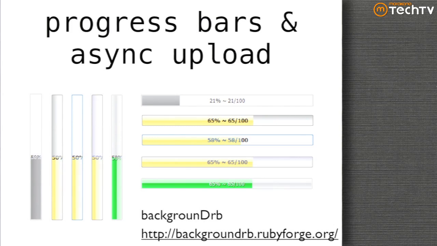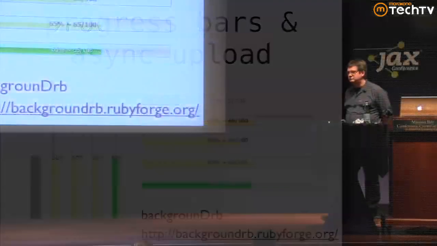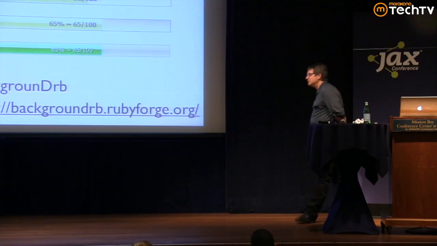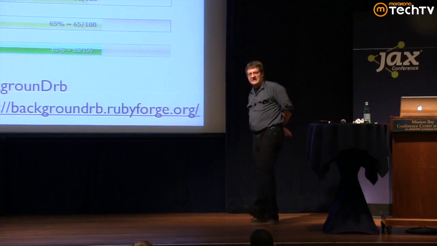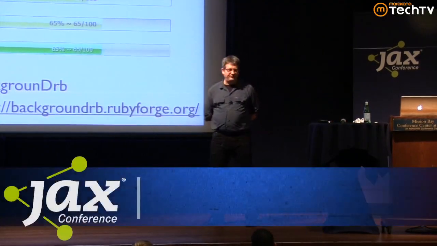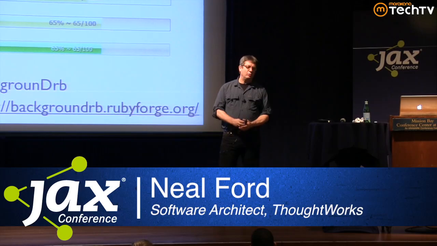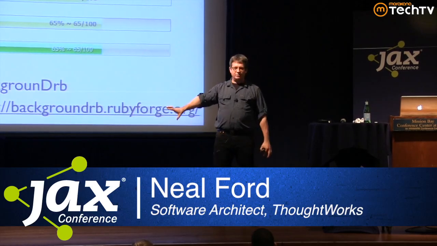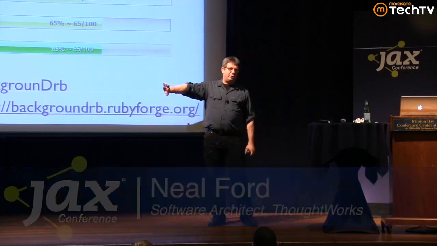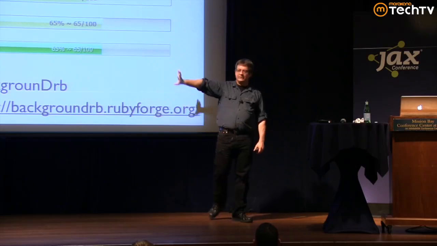It was suggested that we should add a message queue, but they did a couple of spikes. Somebody found this little thing called BackgroundRB, which basically sets up a very simple single message queue backed by a relational database. And they said, you know what, for the simple problem we have, that's good enough. But this wasn't the tech lead's first project. He figured pretty definitively that we'll eventually need to replace this simple mechanism with something else, and so he was careful to put it behind the Ruby equivalent of an interface.